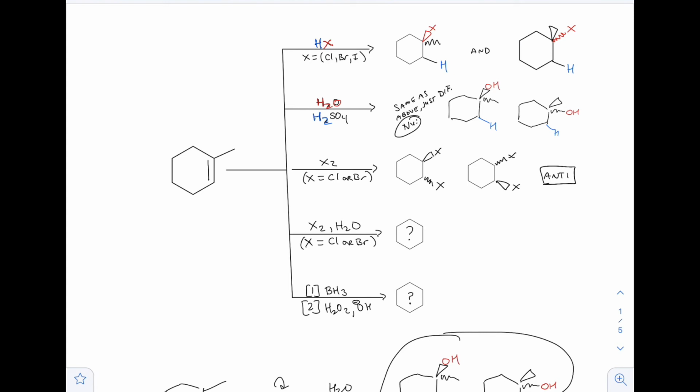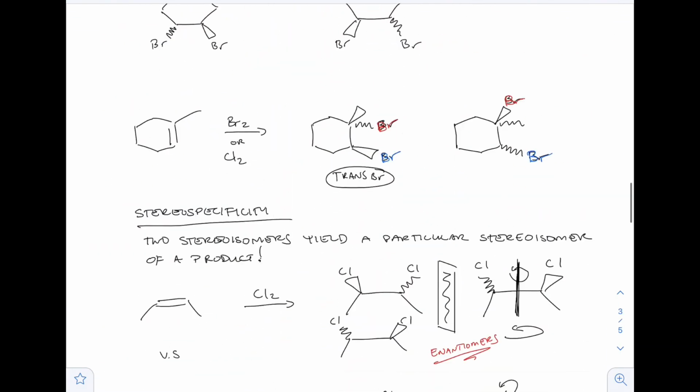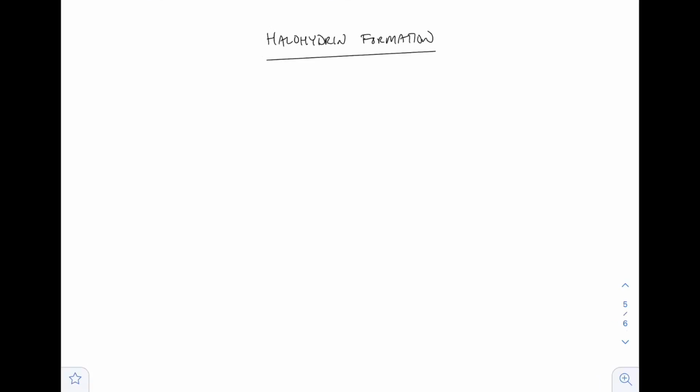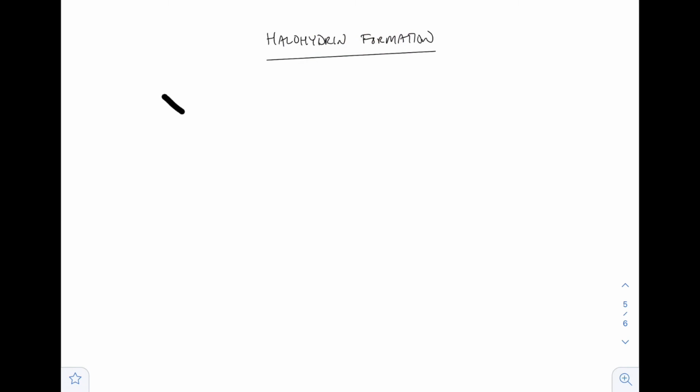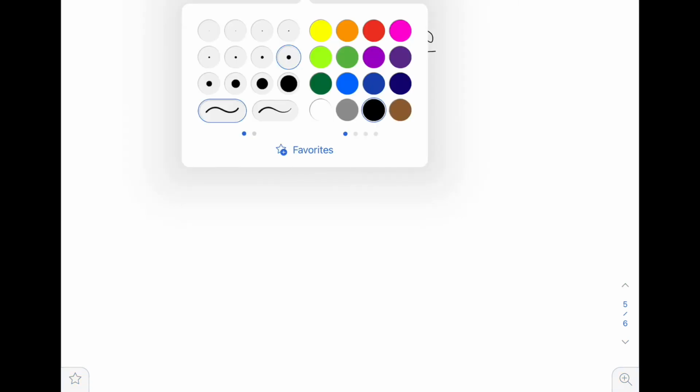All right, so we get anti-addition, right? Bada bing, bada boom. And now we get to move on to this one, X2 and H2O. That's called the halohydrin formation. What do you think that stands for, right? A halogen and hydration, right? So that's water. So we're adding